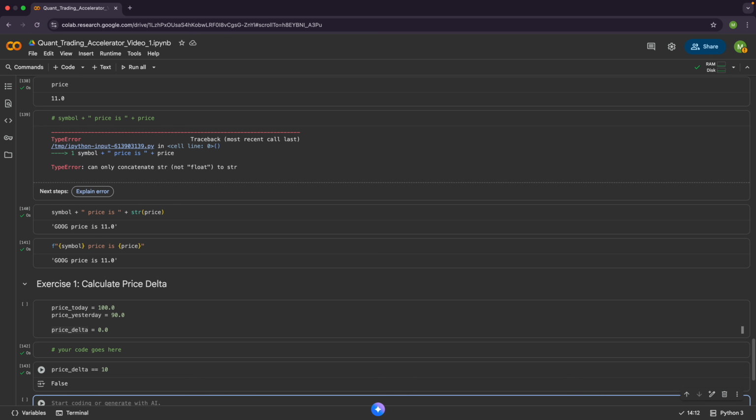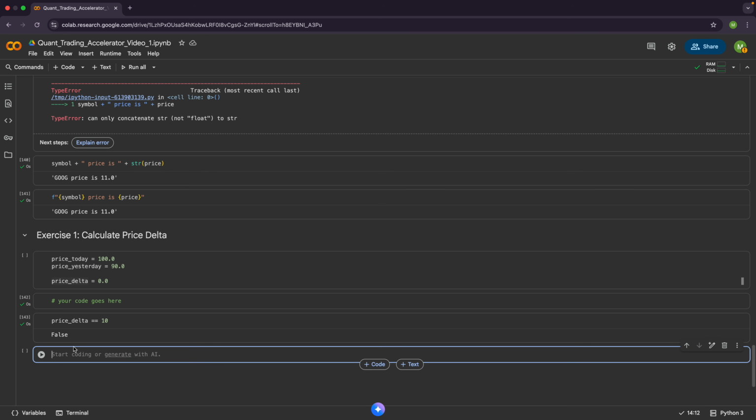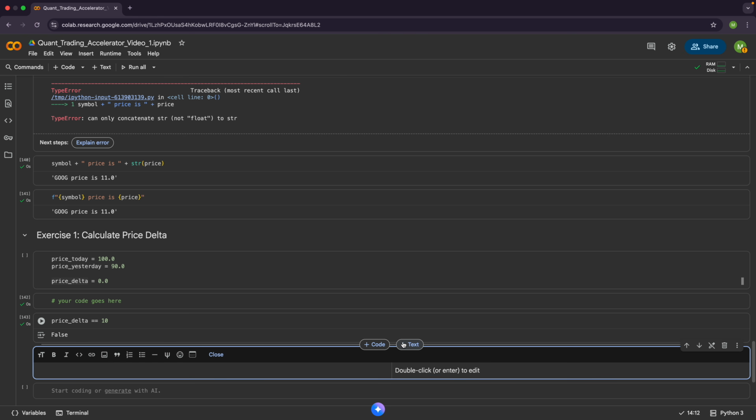At the moment, it's going to, so this is what's called a Boolean. A Boolean can either be true or false. So if you've done the calculation correctly, then it should equal 10, and this should be true. So only continue to the next exercise until this is satisfied as true. Then the next exercise